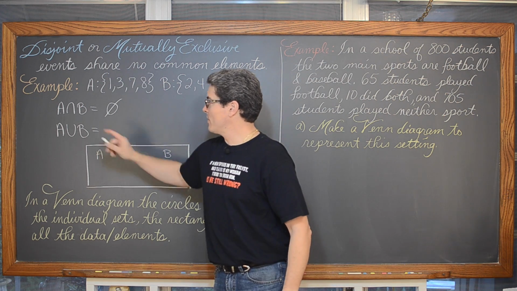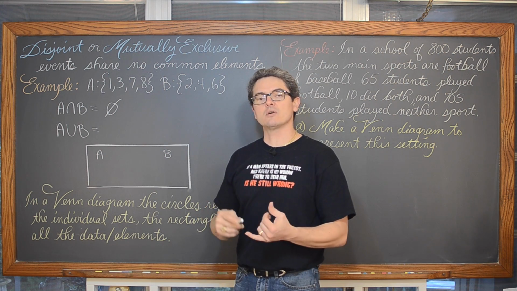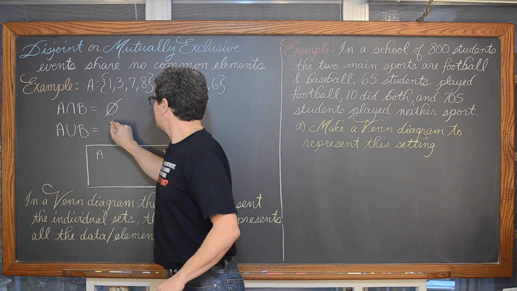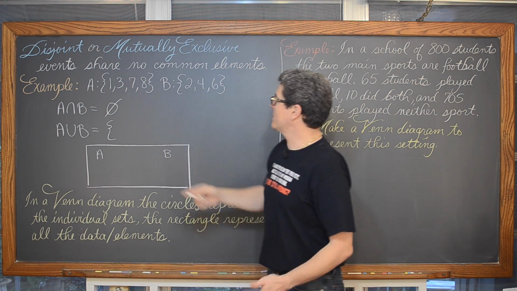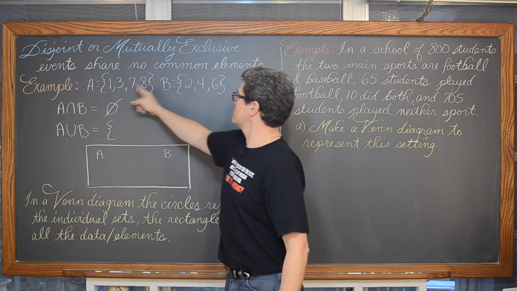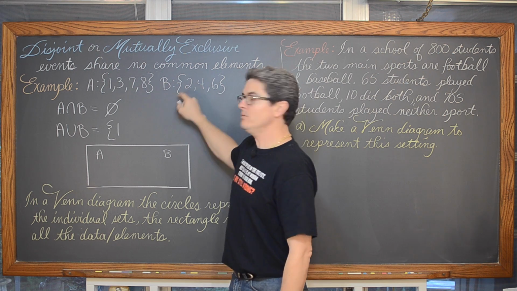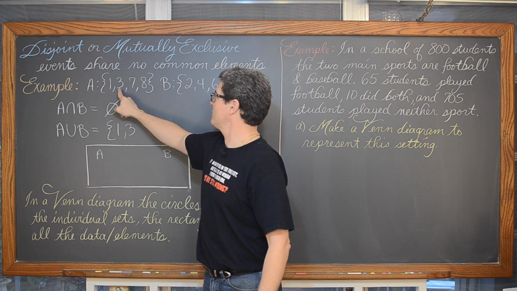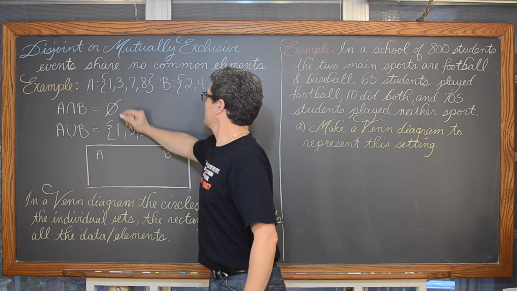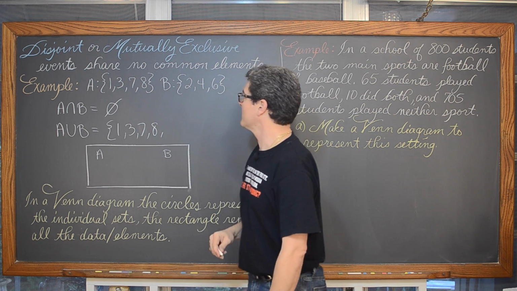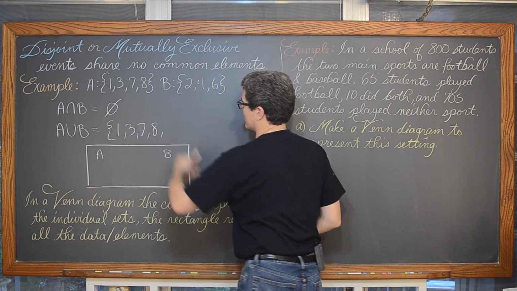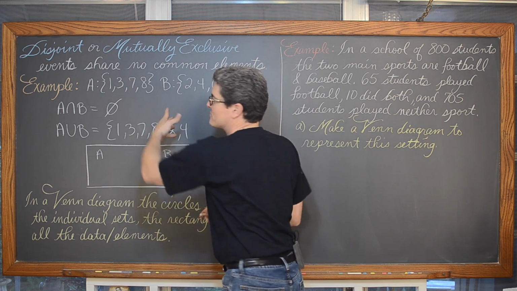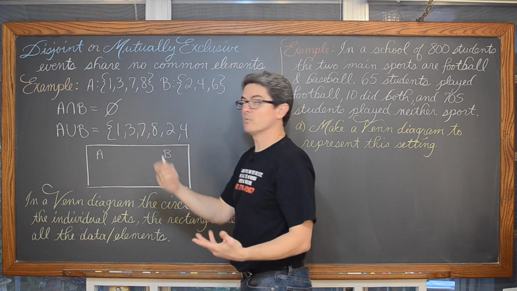Now, what elements are in the union of A and B, A or B? Well, if we want to list these elements, we're listing all the elements that are in at least one of our individual sets. And don't write down the repeat numbers more than once. So we have 1, 3, 7, and 8. There's really no reason for these to be in order. Then you go to set B, and there's 2. That wasn't over there. 4. That wasn't over there. And 6. I'm checking this other set because I don't want to write a number down twice.